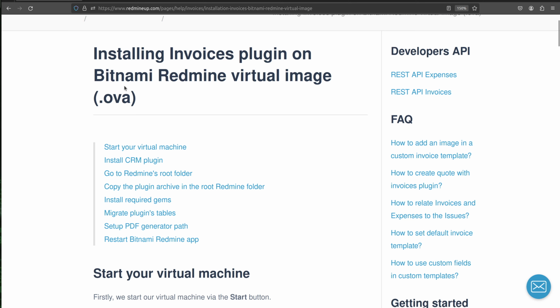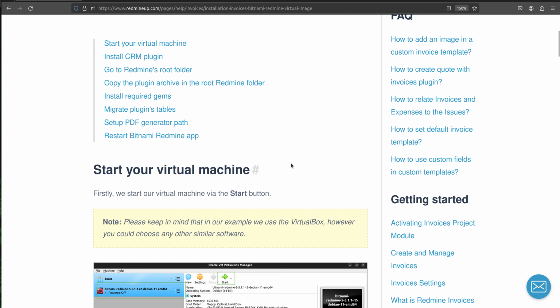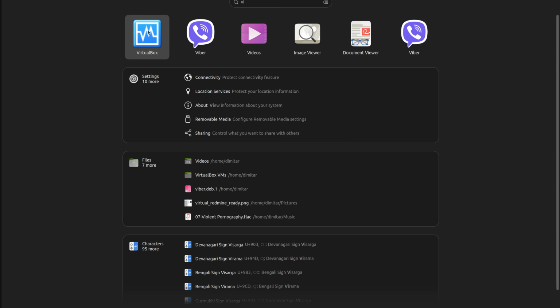In this video I'm going to show you how to install the Invoices plugin of RedmineUP on Bitnami Redmine virtual image. For this example I'm going to use VirtualBox, however you are free to use any other virtualization software that you like. Okay, so I open my VirtualBox